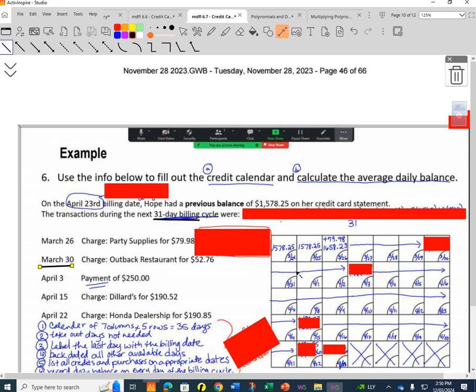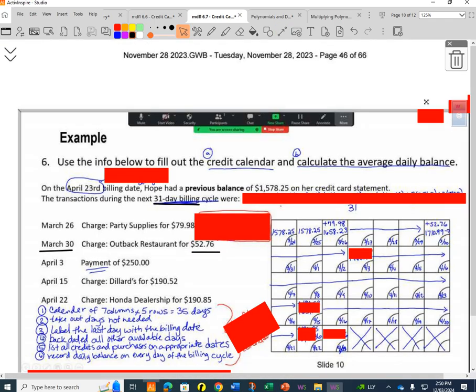On March 30th, you take this amount and add the charge here. And so now the balance is $1,710.99. She doesn't change anything until April 3rd when she makes a payment. So she's going to reduce her balance by this amount, but not until April 3rd. That means the balance for 1, 2, 3, 4 days was $1,710.99. So now we take that amount and we subtract her payment. So now the balance is